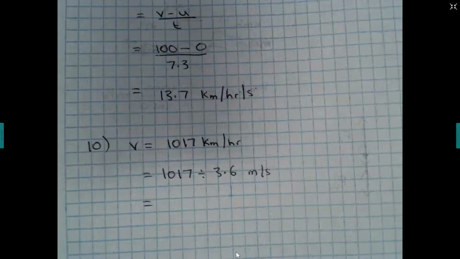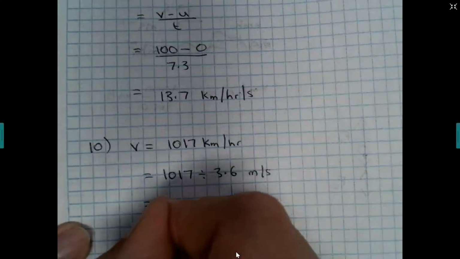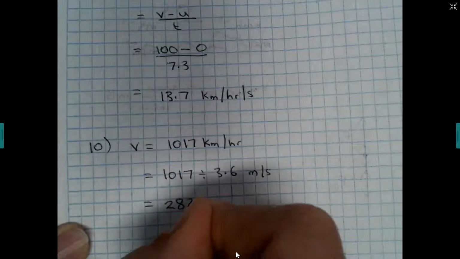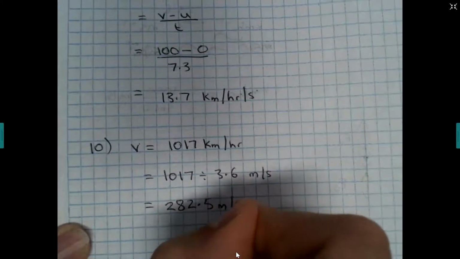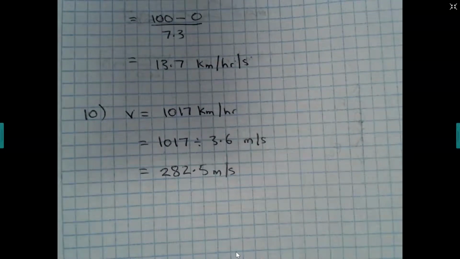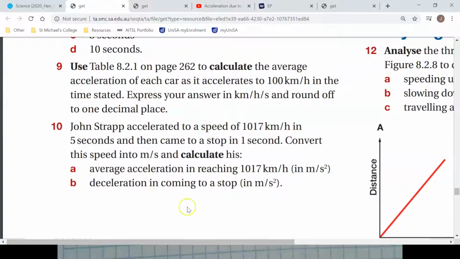Did someone do that division already for me? 282.5 meters per second. So now we've got our velocity in meters per second, and they want us to work